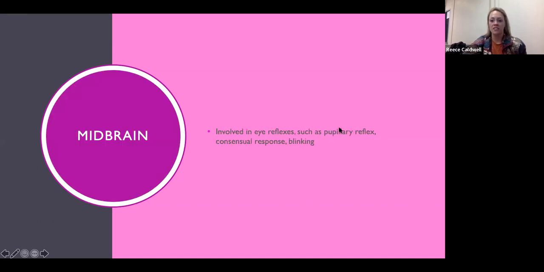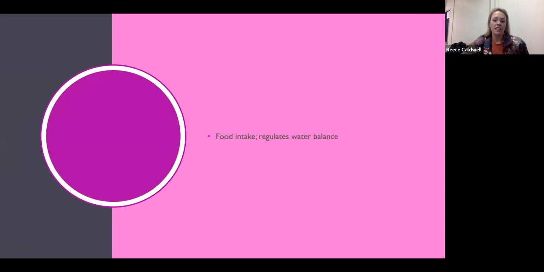Involved in eye reflexes such as the pupillary reflex, consensual response, and blinking. That's going to be the midbrain. Again, midbrain deals with vision. Food intake regulates water balance. Again, the hypothalamus. These are both homeostatic functions. So to maintain homeostasis, we have hunger cues, and we also have thirsty cues,